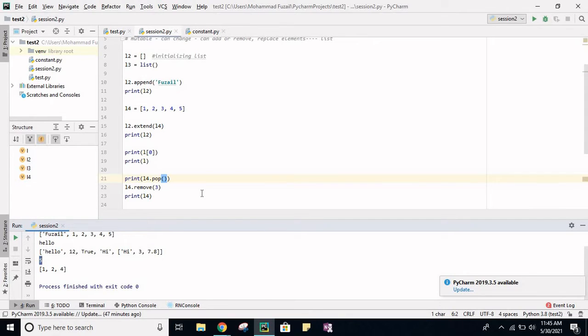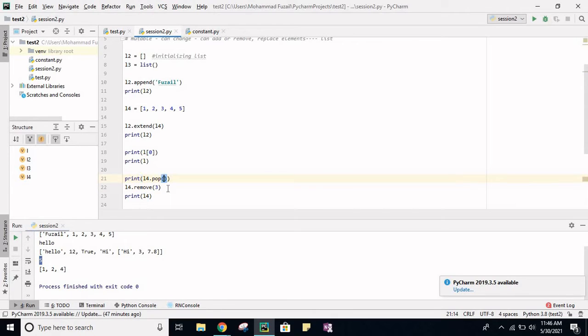If you want to remove something and also use that value somewhere, you can just use pop. It removes the value from the last and also returns that value. And what remove did is basically remove that particular value which you passed from the list. See, 3 is removed. But it never returns that value. Remove function never returns that value. Pop function returns the value.